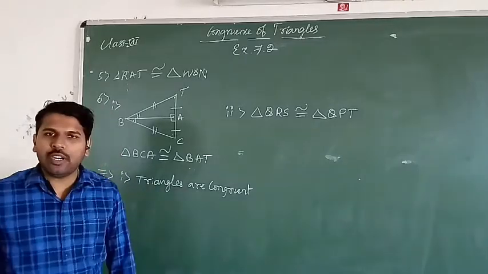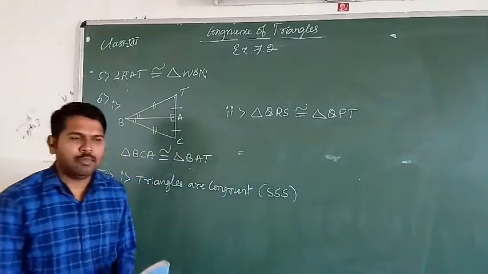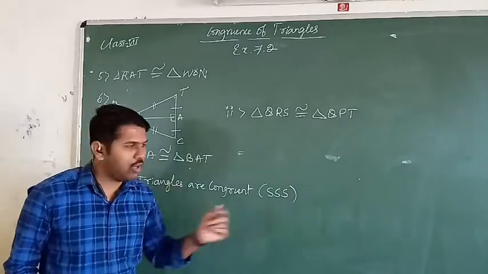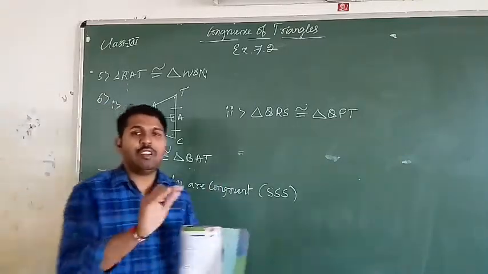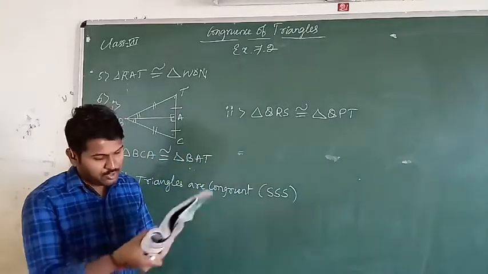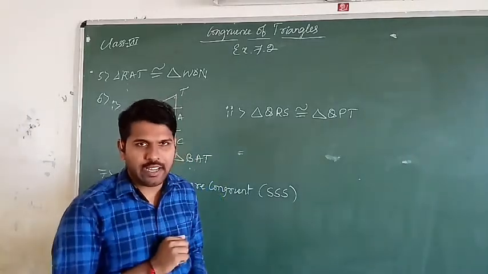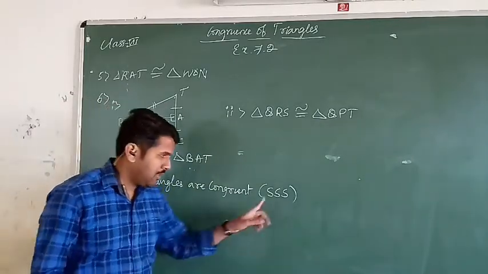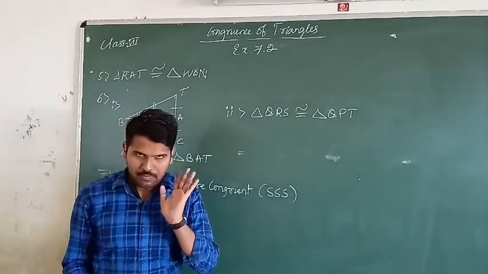So here triangles are congruent means we can take SSS criteria. I am taking SSS criteria for triangles to be congruent. So if all the sides are equal in a triangle, then their areas are equal. So here already they know the triangles with equal areas. What about the perimeters? Perimeters also equal. Why? Because all sides are equal. All sides are equal means their perimeters also equal.